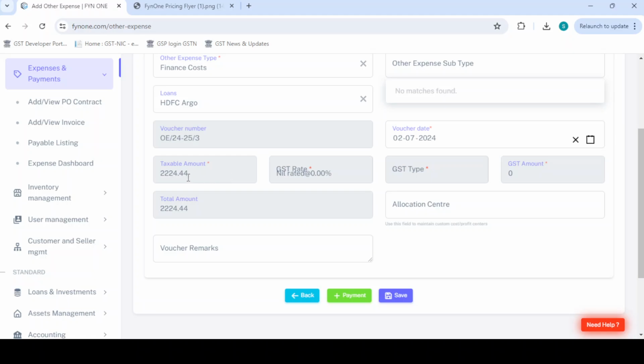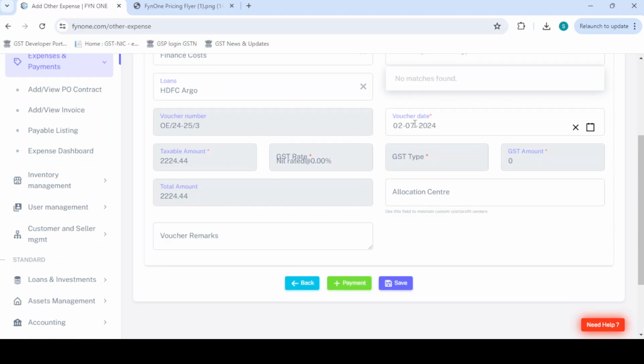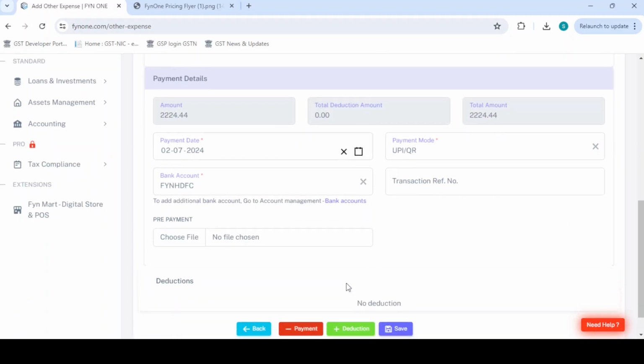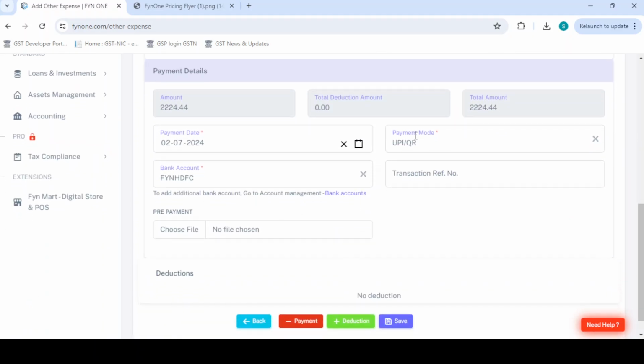We can show you what is the taxable value, what is the total amount, etc. And then what is the voucher date. If you paid this yesterday, you can change the voucher date. You can assign it to an allocation center, you can give voucher remarks, and you can also add the payment details, saying that you paid that EMI, let's say through UPI, and they linked it to this particular bank